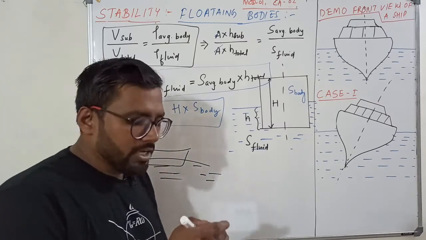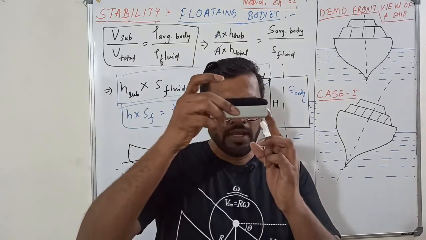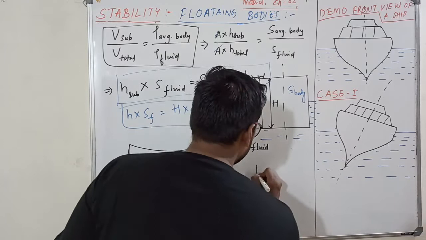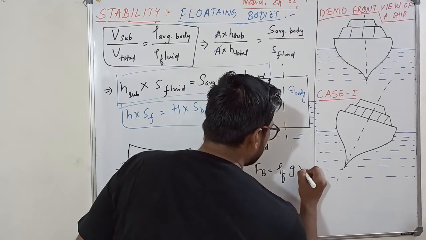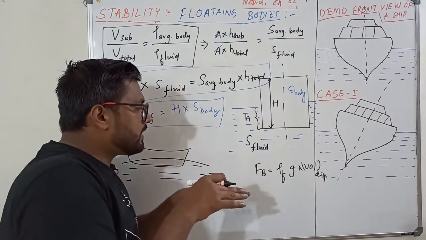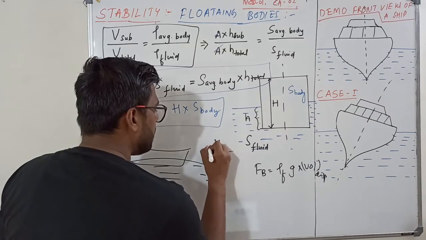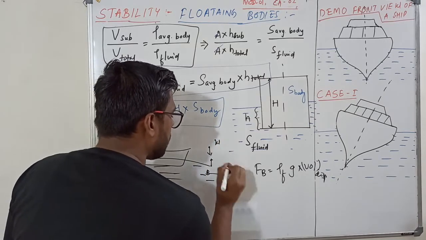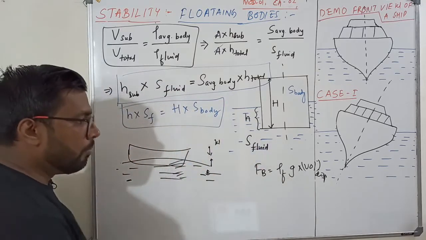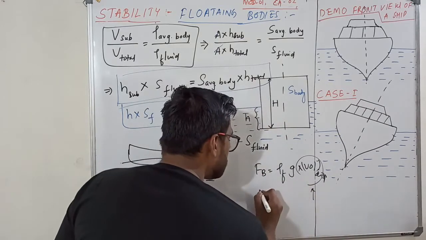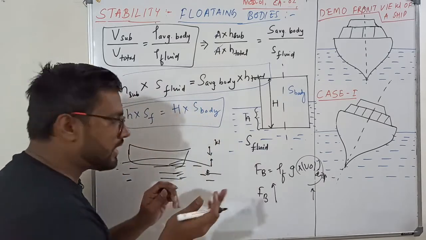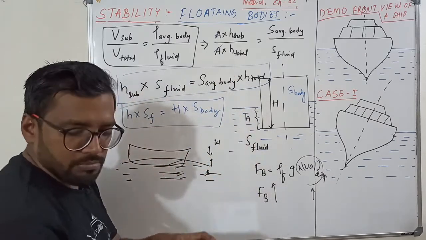Remember what happened? Try to understand. Because of the weight, it tried to come down. When it came down, it displaces more fluid. What is my buoyancy force? Sir, buoyancy force is density of fluid g into the volume displaced. So because of its self weight, W, downward, and buoyancy, upward, it goes down. When it goes down, more of the volume is displaced. Because of the volume displaced increasing, buoyancy force increases. Buoyancy force increases means now W is little, so it will lift because of more buoyancy force.